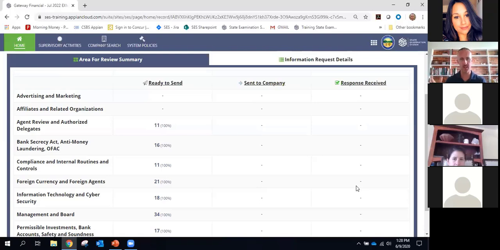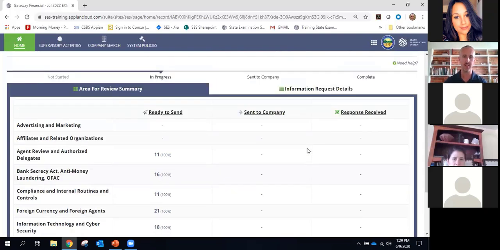And I think this is really cool because I remember as an examiner, you would send the bank the request list a couple weeks before the exam started, and then some Friday afternoon you'd have to drive to the bank, load up a bunch of boxes of materials, put them in the trunk of your car, and drive back to the office. Those days are gone. At least on the non-bank side, those days are gone, and maybe someday on the bank side, those days will be gone if we can use SES one day in the banking space. But what we've replaced it with is an item-by-item system where the company has the ability to respond to each item and send it back to you as they're done with it or in bulk. And it's their decision on the company side.